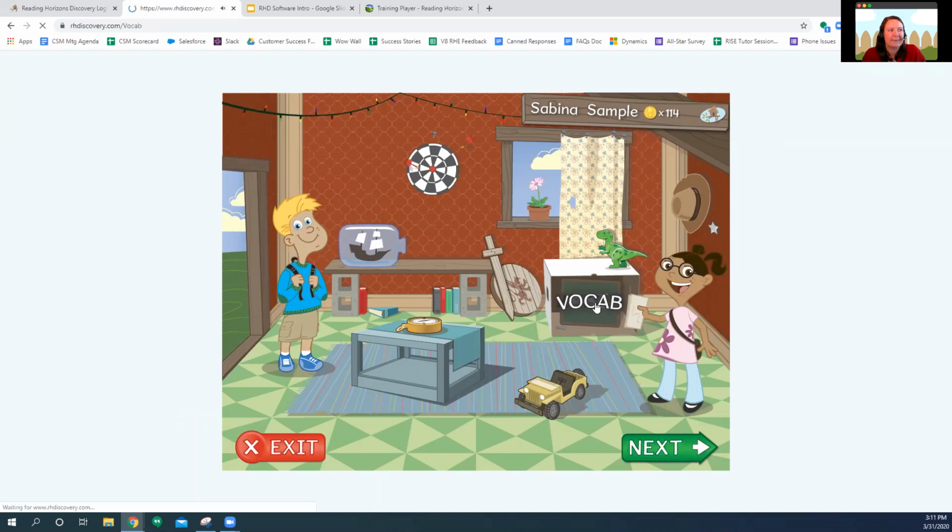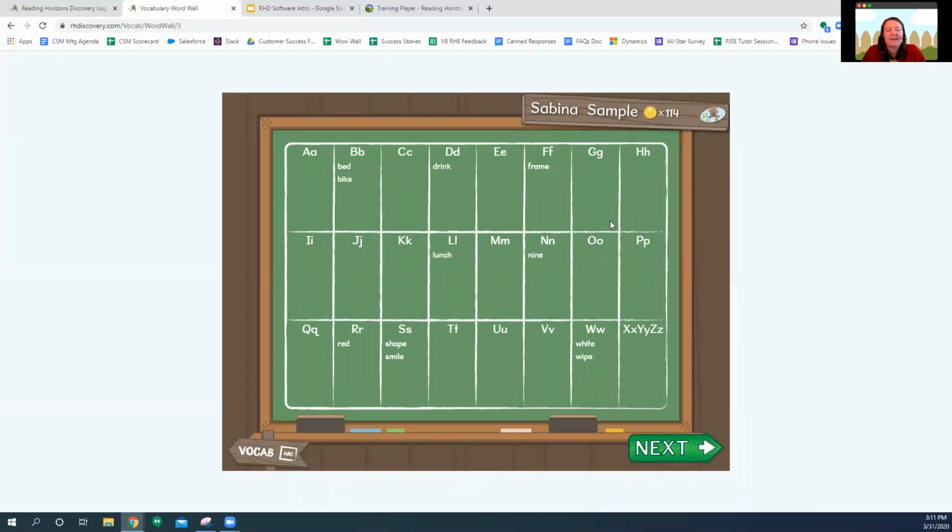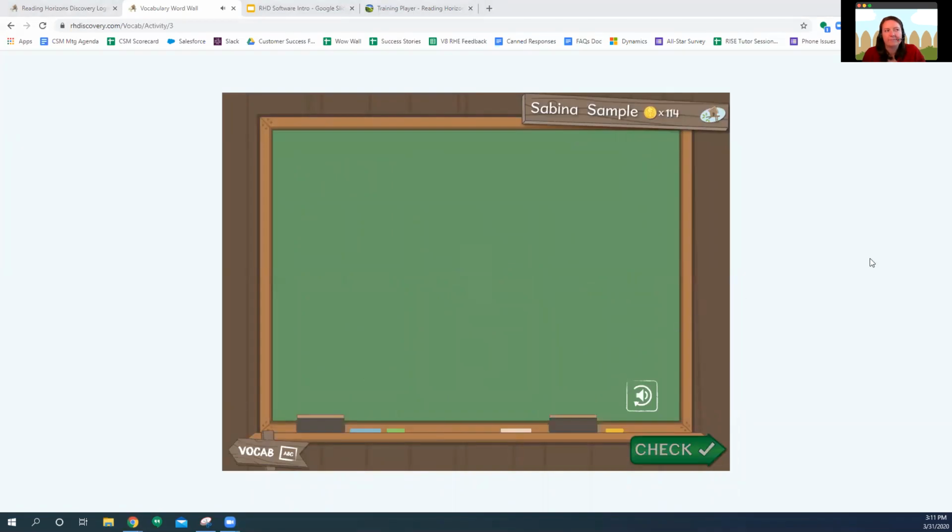So here's Sabina's vocab section. When we go into this section, remember they can click on any chapter that they've done lessons in so far or any chapters before that. So if we're wanting to work in chapter 3, and if you're wanting to support what your student has most recently done in the software, that would be my recommendation. Then you might just choose the highest chapter they have available to them. And then when you click that next button, that's going to let you hear the word. In this case, the student is asked to spell the word truck. So instead of just having them type it into the computer,